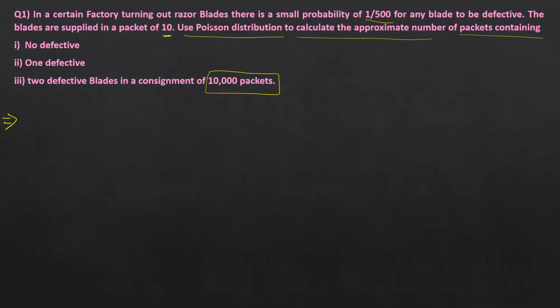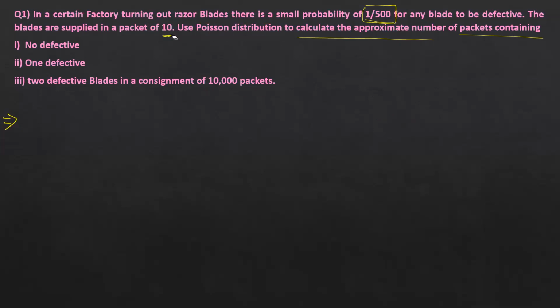Even though they have mentioned the Poisson distribution in the problem itself, if they do not mention the words Poisson distribution, you can easily identify whether the problem belongs to binomial or Poisson by looking at the probability and the number of trials. As we know, it's a limiting case of binomial. When the number of trials goes very high, the probability of success goes very close to 0. So here the probability of defective, which in our case is the probability of success, is 1 by 500, which is very close to 0. So that is why it is the case of Poisson